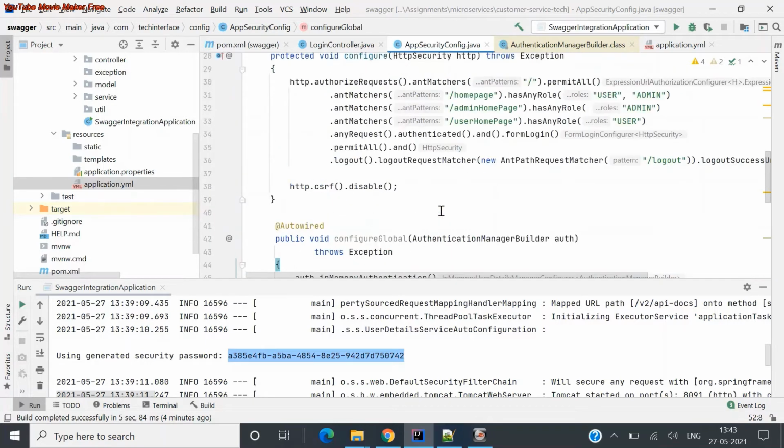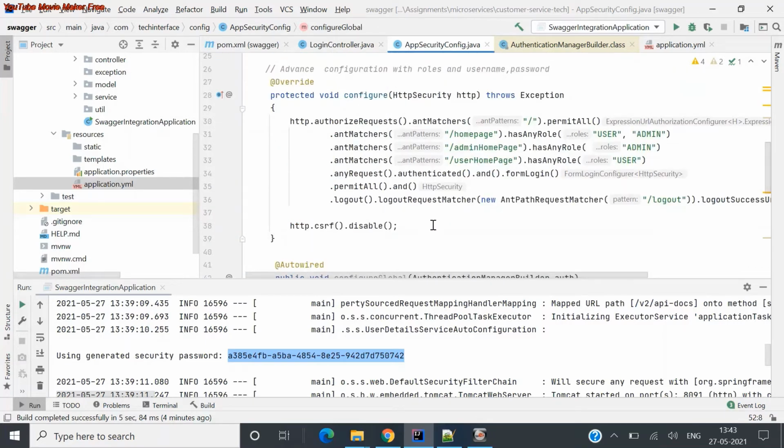Now let us see how you configure these roles with a particular path. As I said, authentication and authorization: somebody might have access to some pages, somebody might not have access to those pages, and maybe somebody else might. Based on the roles it will be defined. Assuming we have two roles here, user and admin, let's see how I configured it. Basically, this is the HTTP request matcher, and it matches whatever the path is. If it is slash, it permits all, irrespective of the user role; it permits everyone.